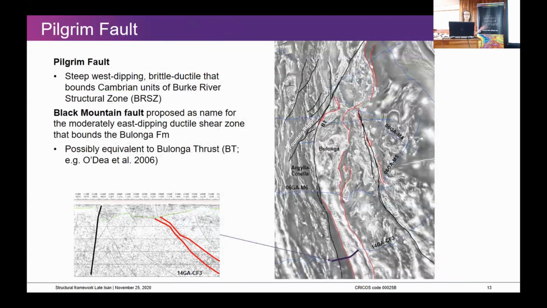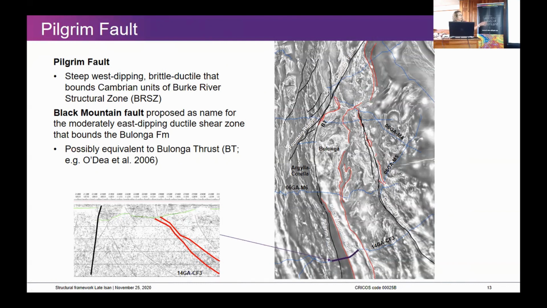So then these two faults that have both been named Pilgrim Fault, I had a chat with Ian, with Noel and Janelle and Dom, and said, okay, if we're going to have to change or propose a new name for one of those, which one is it going to be? And I think fundamentally, it's always going to be harder to change what's there in outcrop, and everybody's been looking at and thinking about on maps for a long time. So I've made the suggestion that the name Pilgrim Fault remain for the western boundary of the Georgina Basin